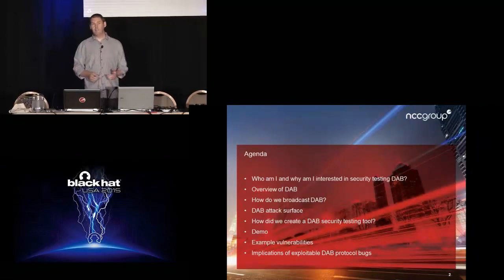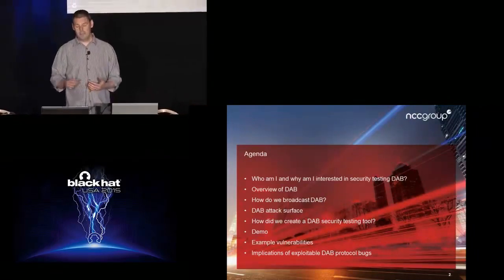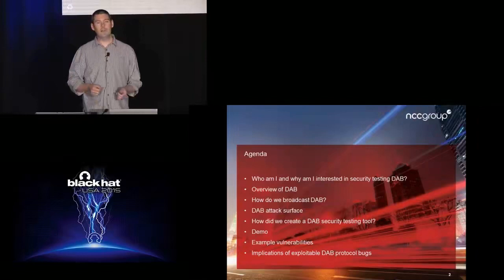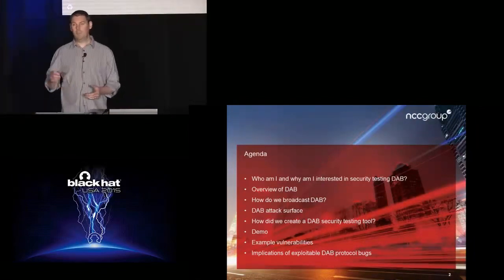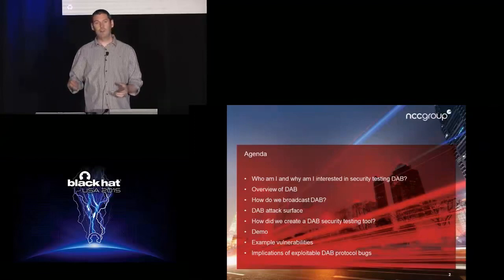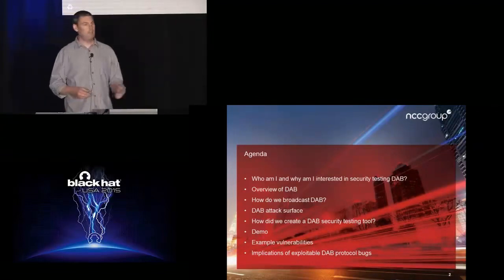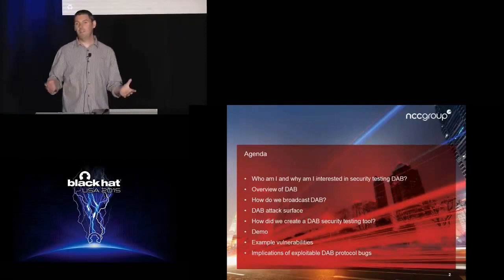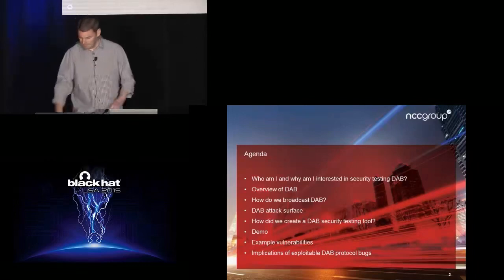Now, one thing before I get started that's important to point out, this talk is all about the development of a security testing tool and the capability that it provides to identify vulnerabilities in DAB radios. I'm not going to be talking about specific vendors and specific bugs in specific vendors' products. So there are screenshots throughout the talk of different head units from vehicles. The fact that they are in those screenshots is not implying that there are particular vulnerabilities in those particular head units. It's just we've got a range of head units and those we used for the photographs. So let's kick off.